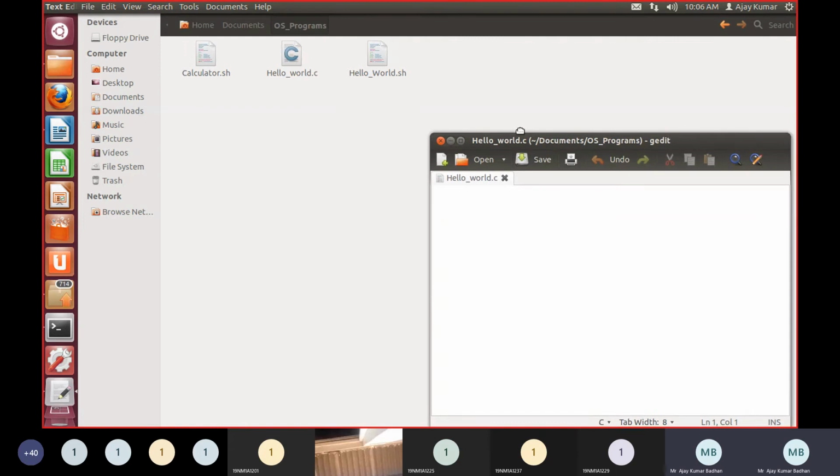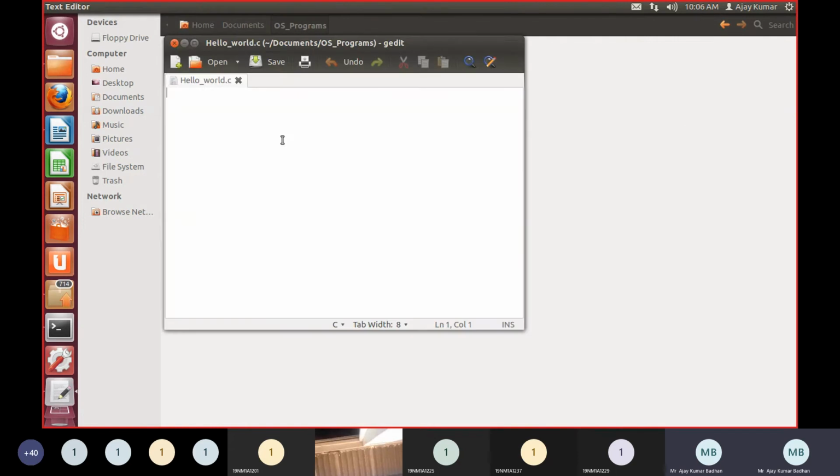This is your text editor. Now, if you want, you can start writing your code here, whatever you want to write. Hash include. And you know what the best part of this text editor is? You will be getting different color combinations using which you can identify if you are making any kind of mistakes or not. Header files are represented basically using pink, and the hashtags you are using will be represented using a violet color symbol. You can see this.